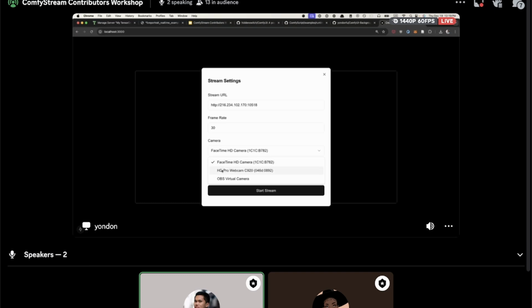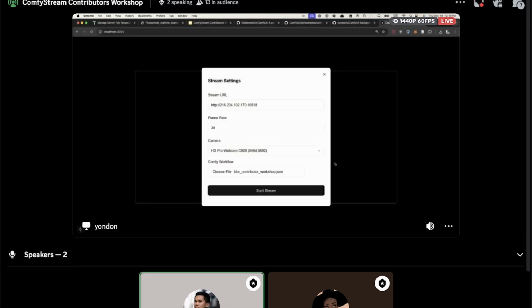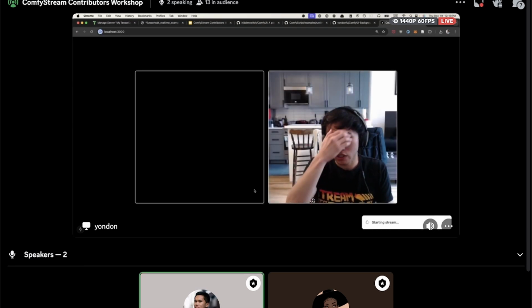We'll just use my default camera here, and we'll ignore the OBS virtual camera option. And lastly, we pick the workflow. So if we pop open downloads, we can open up this workflow file that we just exported. We can select start stream,